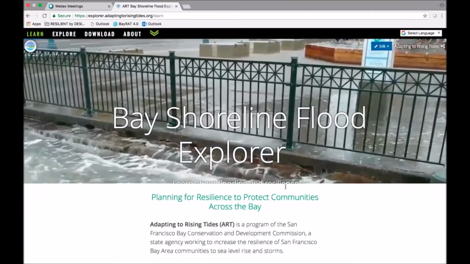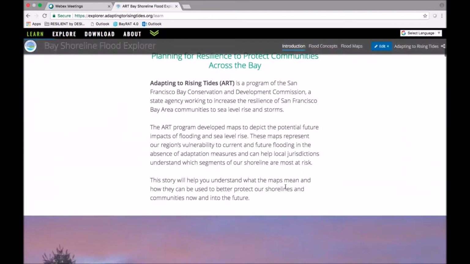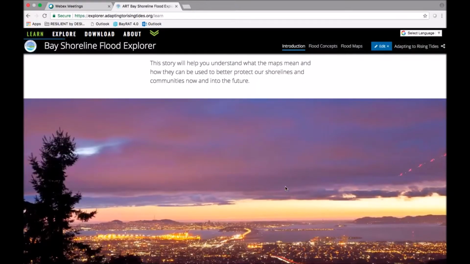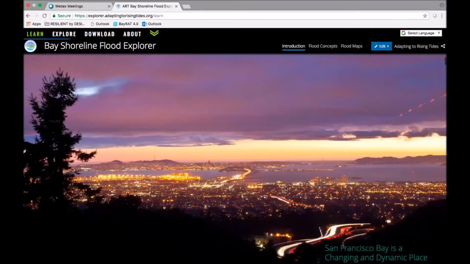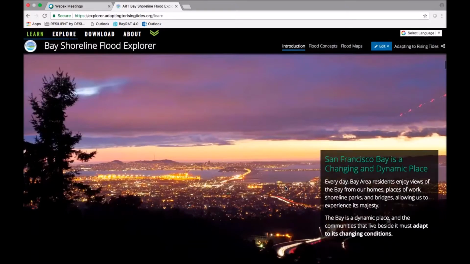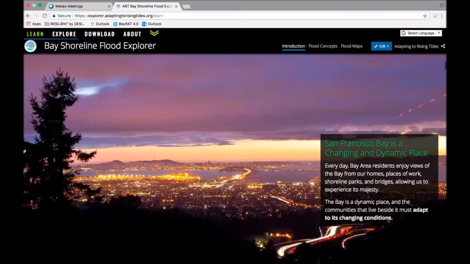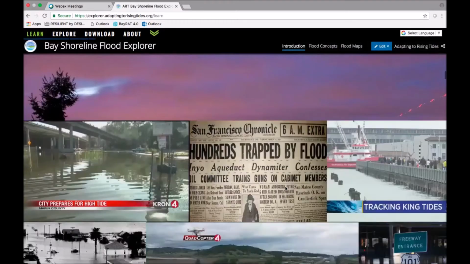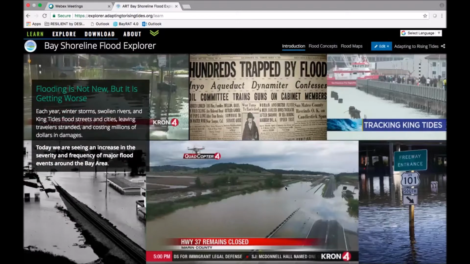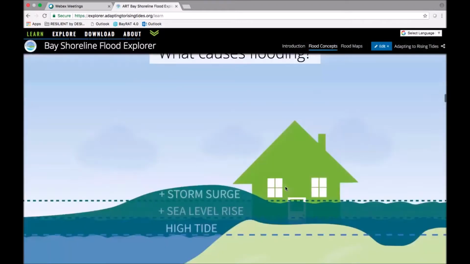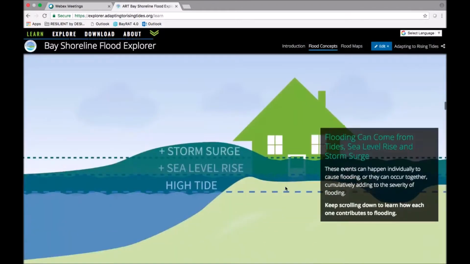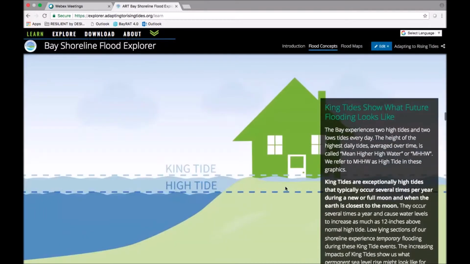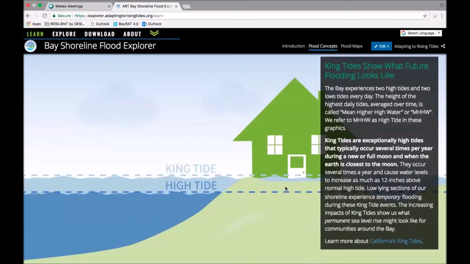Early in the planning process, it's often important to educate stakeholders about the topics related to flooding, sea level rise, and resilience. And the Learn module is designed to support this in an easy-to-understand way, providing both background about where flooding has occurred in the past, as well as introducing and defining some of these key concepts that users will need to know in order to understand the maps, including sea level rise, king tides,